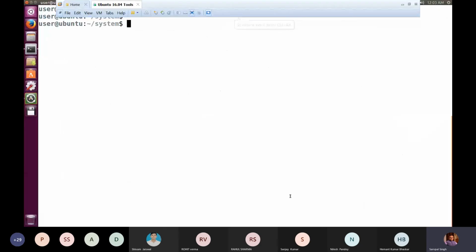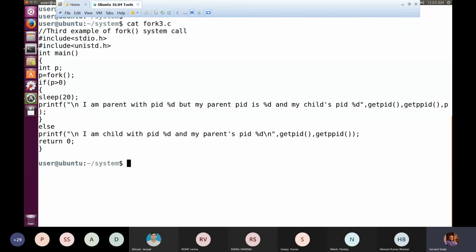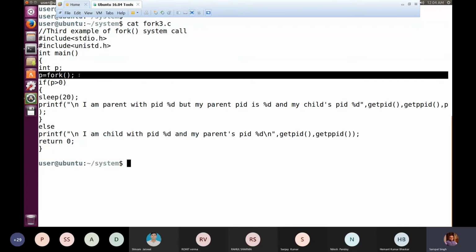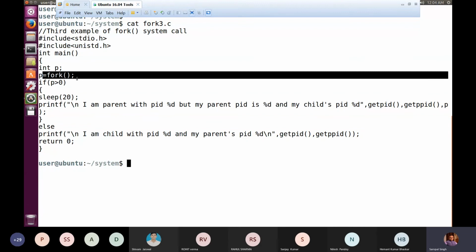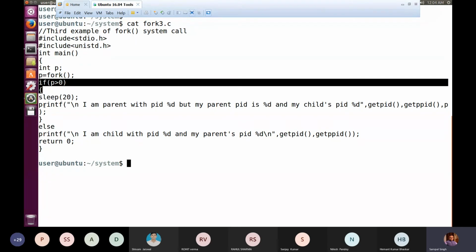And this is what we have done in the last example which I have just shown you, that we have used this statement, this logic in this fork3.c program. So if you look here, when this statement is executed, the parent is creating a child process, and this segment is true only with the parent. So what will happen upon creation of a child process because of this statement? From this point onwards, we have two processes in the memory. One is this original program, and second is the process which has been created because of execution of this fork system call. So now we have two processes, okay, and both the processes have the same code.